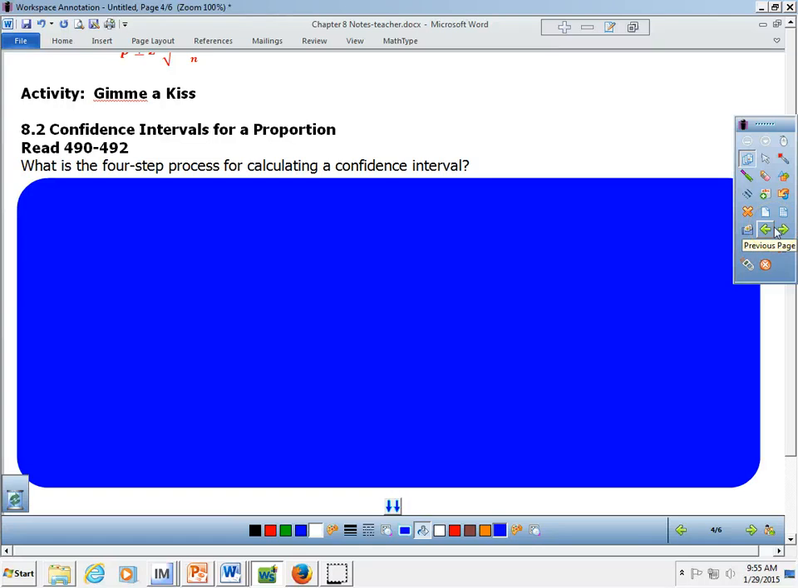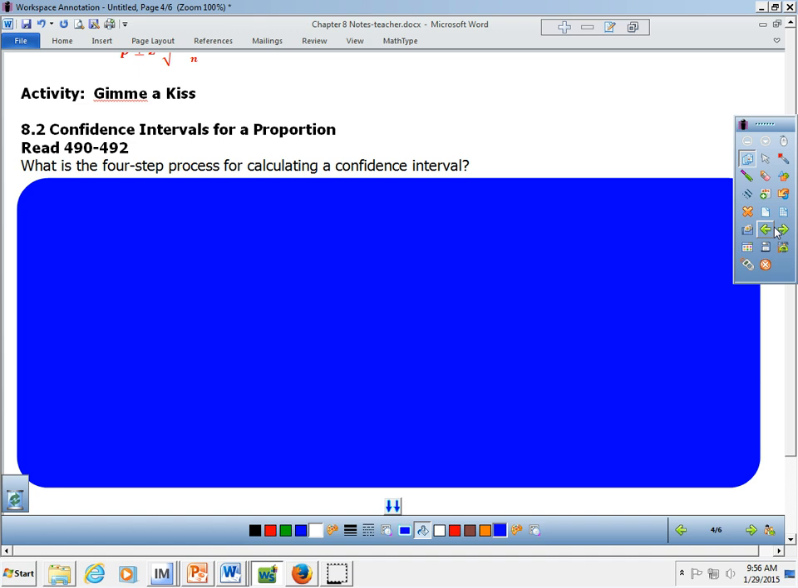I want to pick up where we left off, finishing up section 8.2. We're talking about creating a confidence interval to estimate a population proportion, and we've gone through all the steps at this point. It's just a matter of putting it all together. We'll also go ahead and talk about,